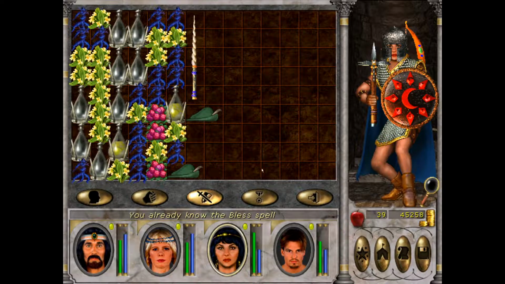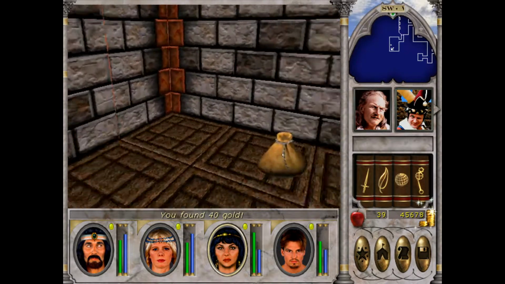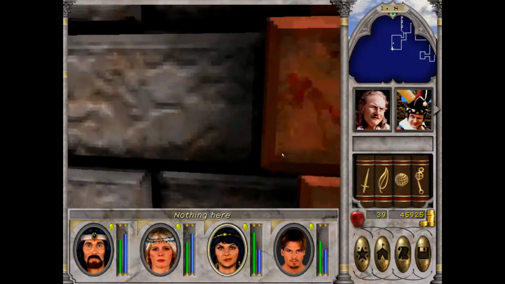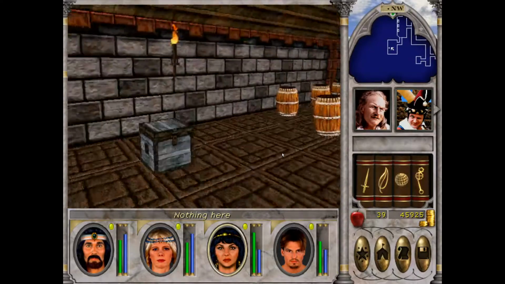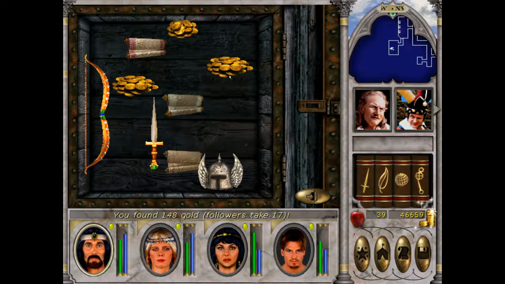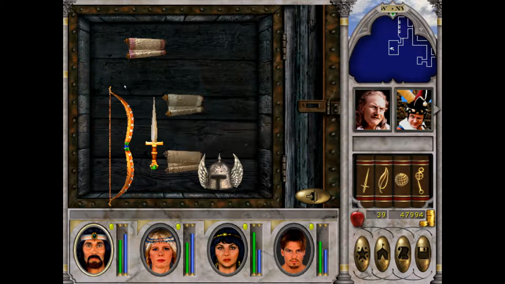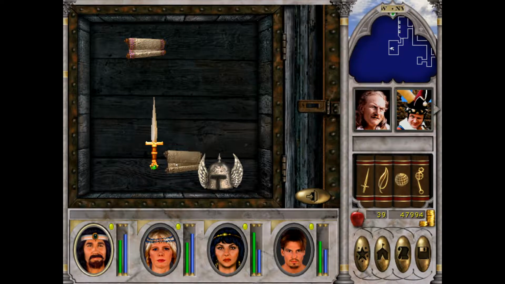validate or invalidate. Oh, good. God bless. God bless. Okay. What do you have here? Oh, nice, a magic bow. It's a magic bow of doom. That's not bad. We're gonna give that to...